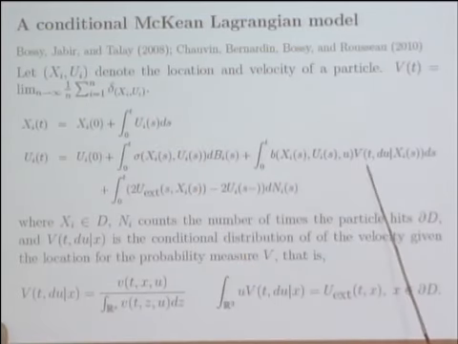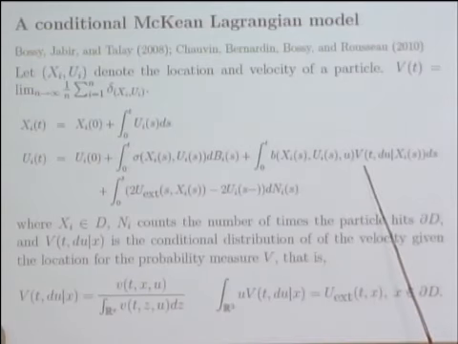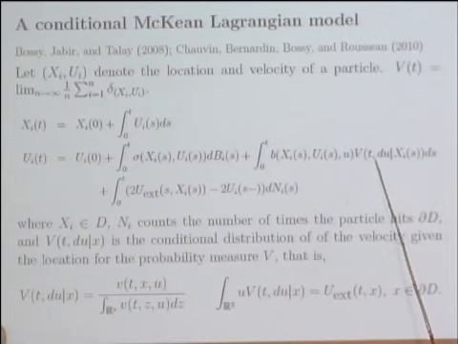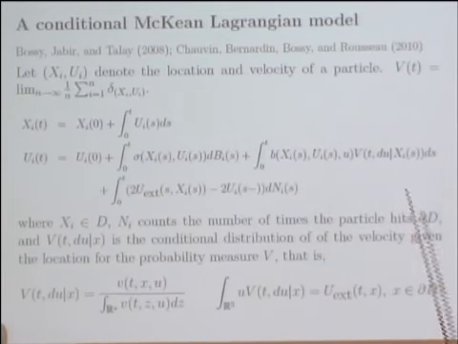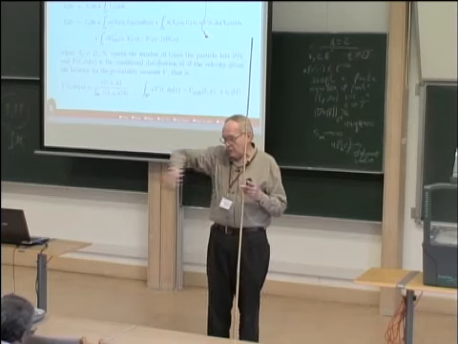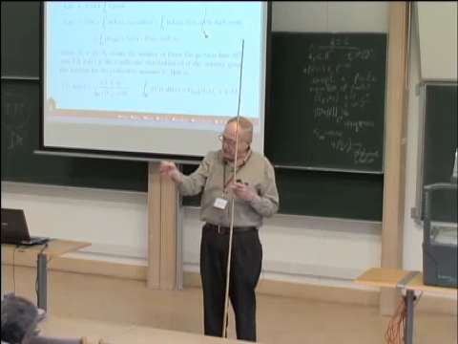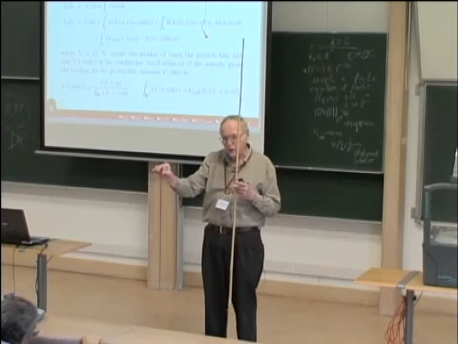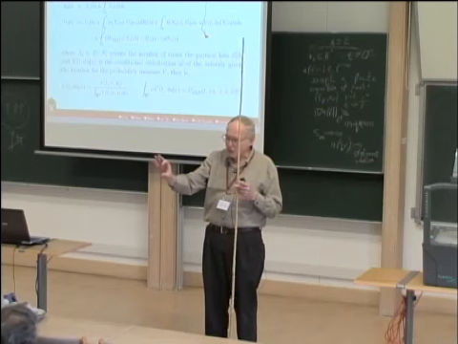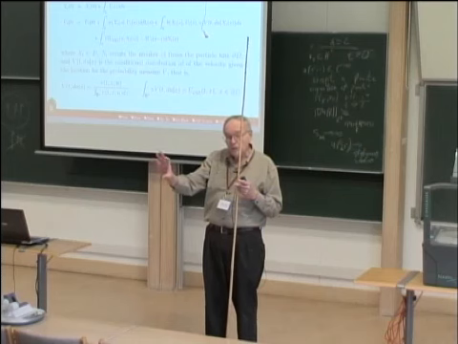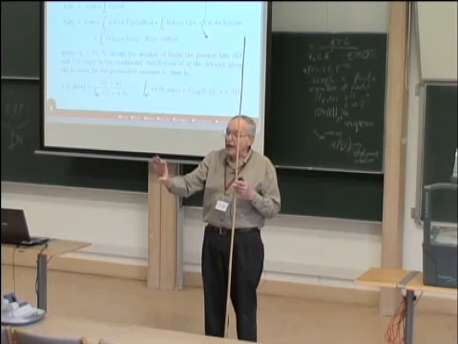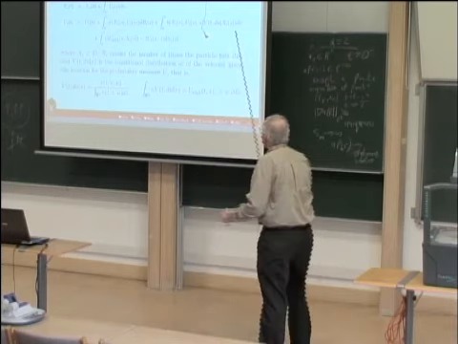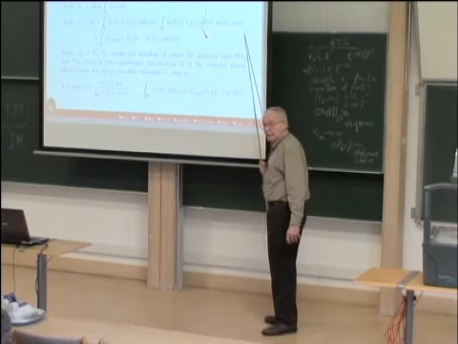But the nonlinearity that enters into their equation is the conditional distribution of u given the location x. Remember, I've got infinitely many particles in this nice finite region, which means in any little neighborhood I've got infinitely many particles. So it makes sense to talk about the average velocity, at least in a little neighborhood. And since it's infinitely many particles, I can talk about the average velocity at a point. So that's what this would turn out to be.